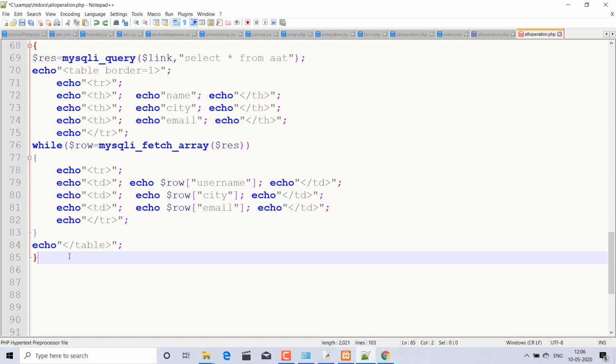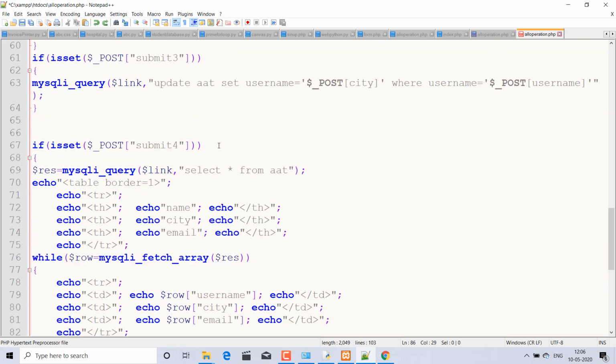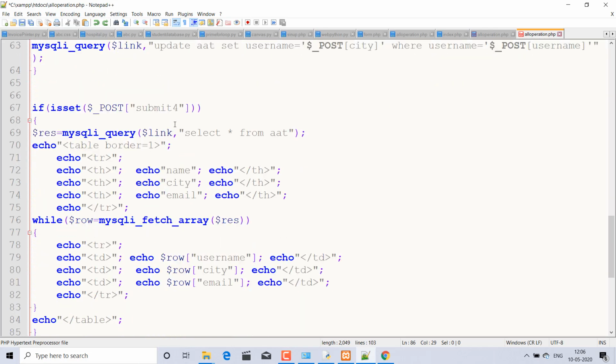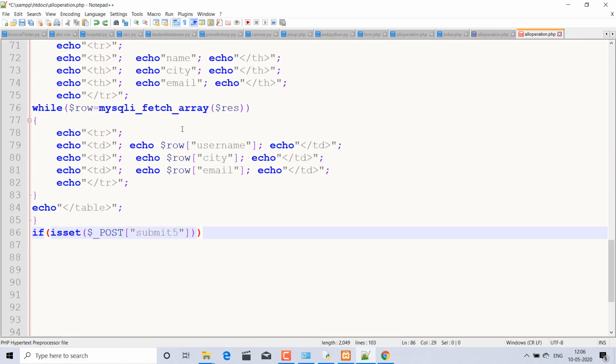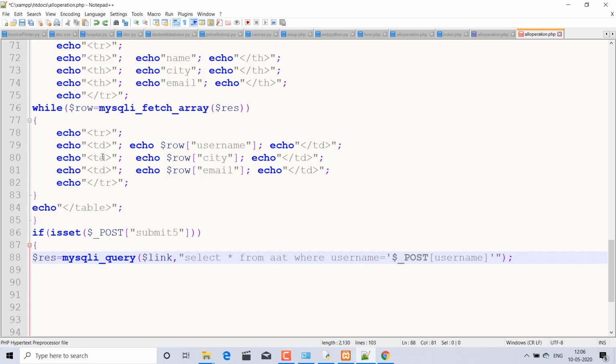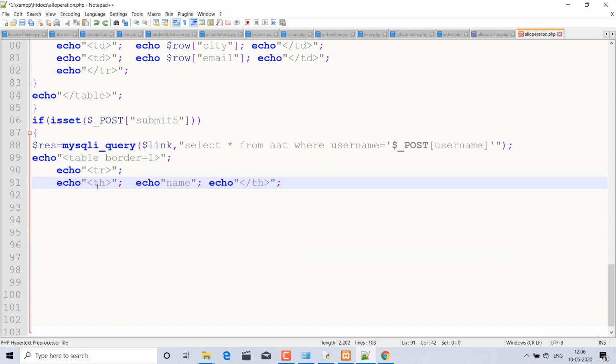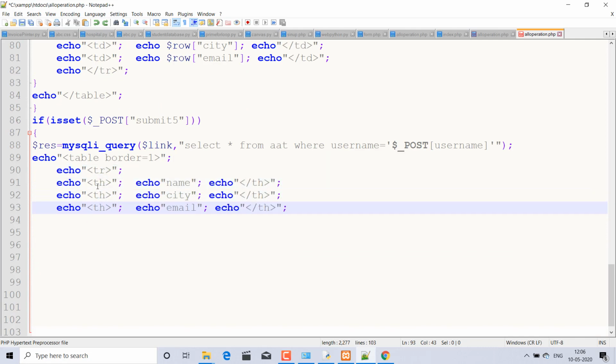Now curly closed. Now if isset the submit 5, then finally it is a search operation in PHP. Search operation is the final operation, that is, what I want to search the data in the database. So start the curly bracket, and result is mysql_query and link and select from AAT where username is username. Okay, fetch this thing and echo, starting the table name and table border, it is the tr, that is the table row, and th, it is the table heading: name, city and email,